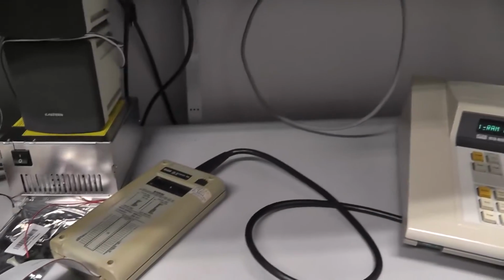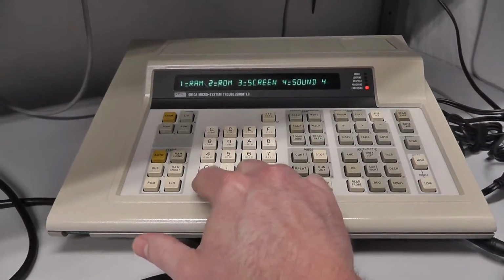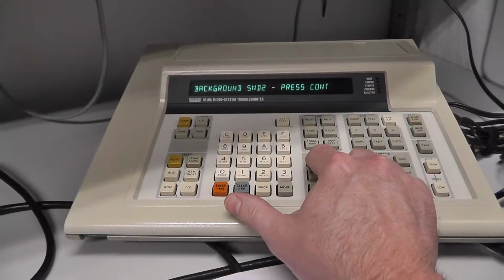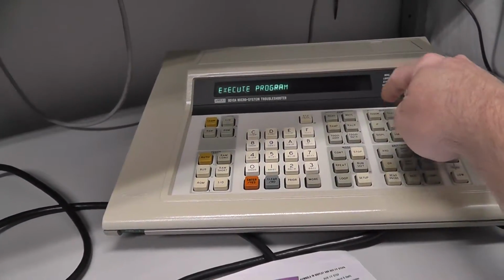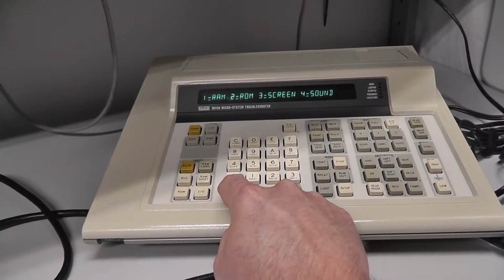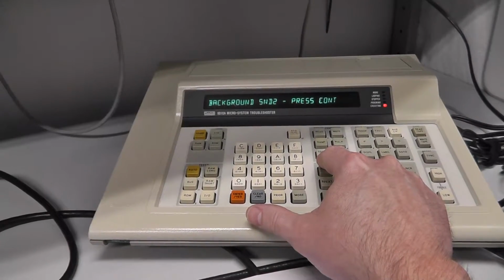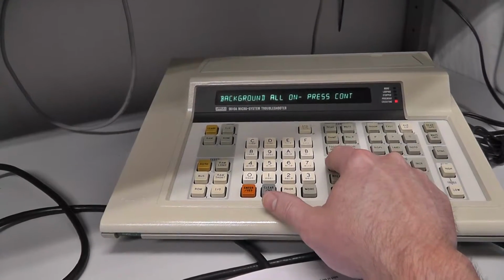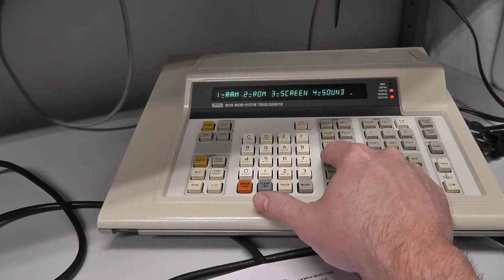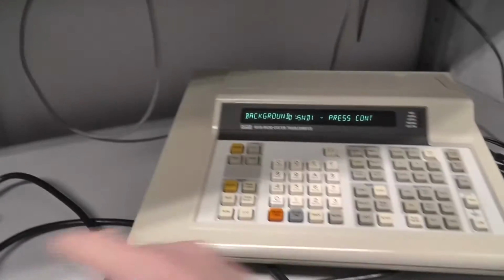Now let's test sound. Let me make sure my volume is turned up, okay. Test our sound. What's going on there? Should be working. Alright, execute. Program 0. I don't know why it didn't work. Let's go to sound. Continue. I don't hear jack. Wonder why that is. It was working a second ago. Let me figure this out. Alright, I have it working. I had to reboot the board. I don't know what happened, but